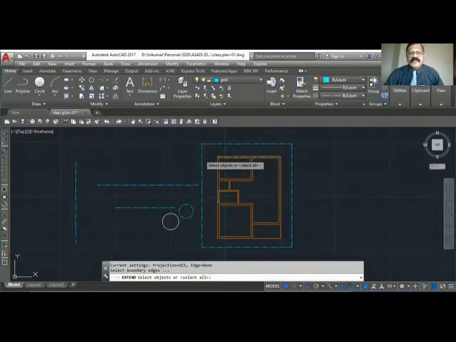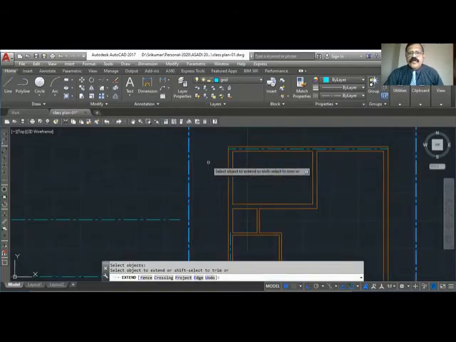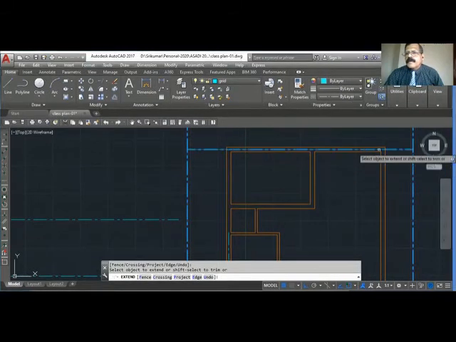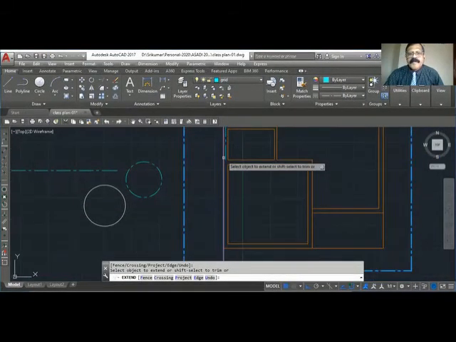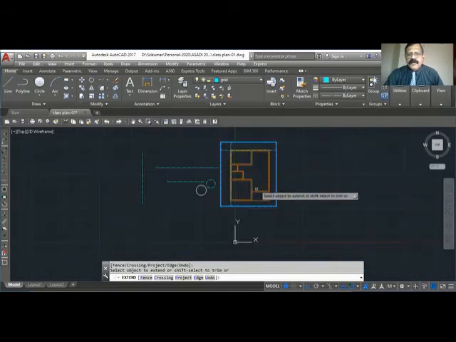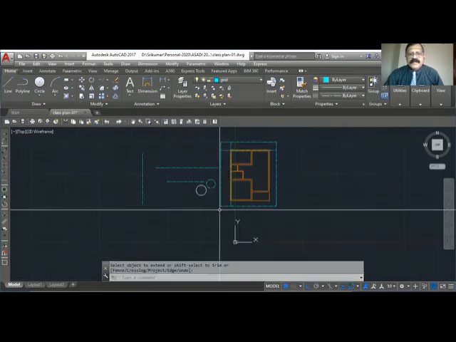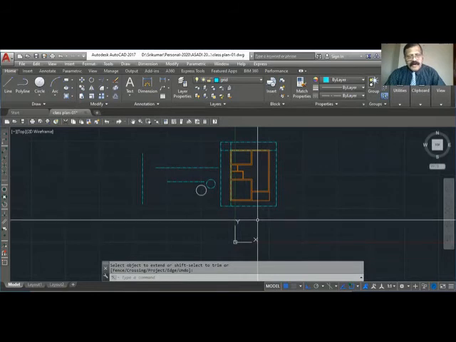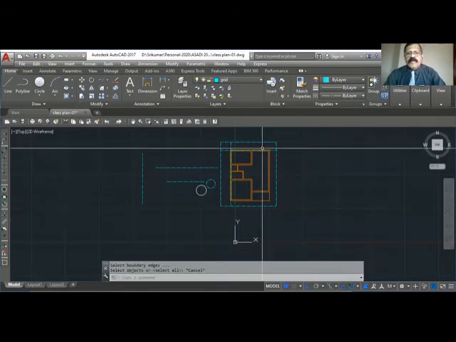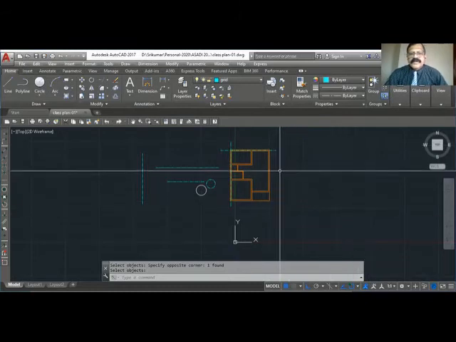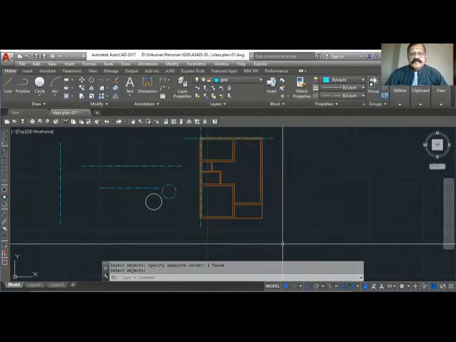Select the boundary edge, enter, zoom in and show this line. Slide here, slide there, this line down. You see now? This rectangle I just drew only for extending the line, and I will delete it now. You got the center line.